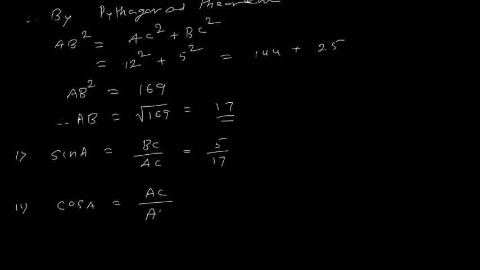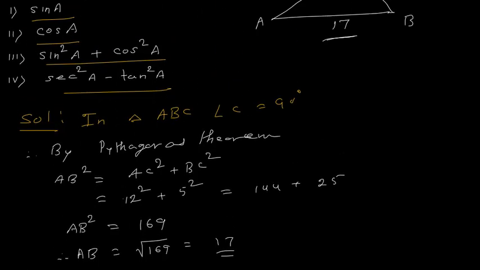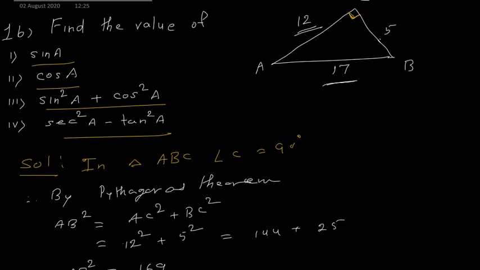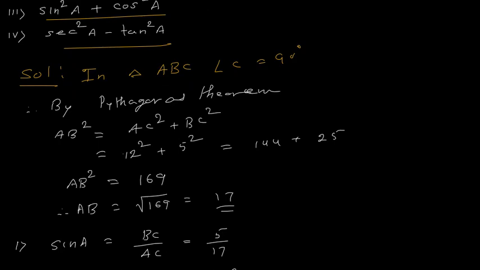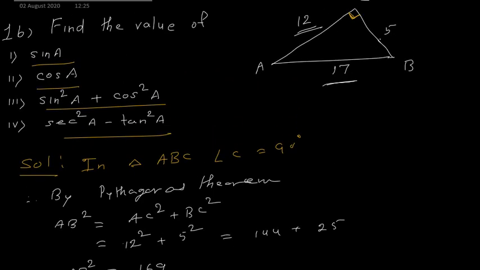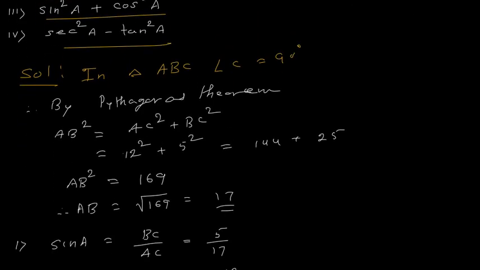Now the value of AC is 12 and the value of AB is, let us see again. Yes, 12 square plus 5 square, 144 plus 25. One mistake we have done. Here the value of AB is the square root of 169. Square root of 169 is what? It is 13. Okay, and not 17. What is the square of 17? It is 289. Yes.